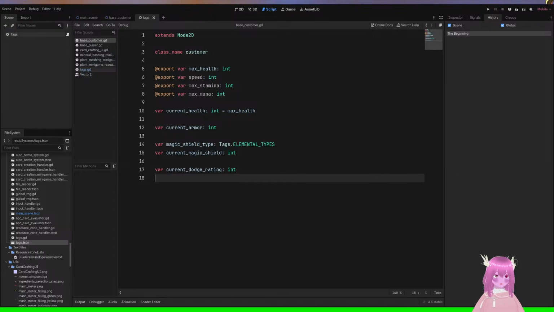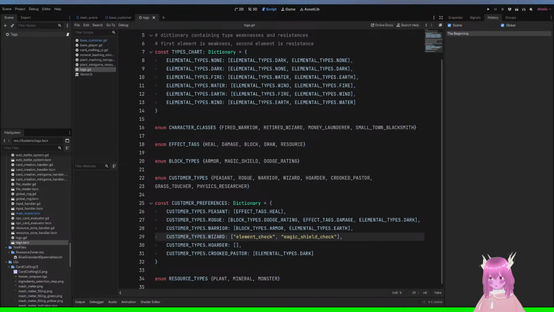They should have had bonuses attached to them, but I didn't attach any. So I need to think about that. The bonuses for the hoarder, the crooked pastor, and the grass toucher, as well as the physics researcher, I did think about already though. So let me finish off this part real quick.